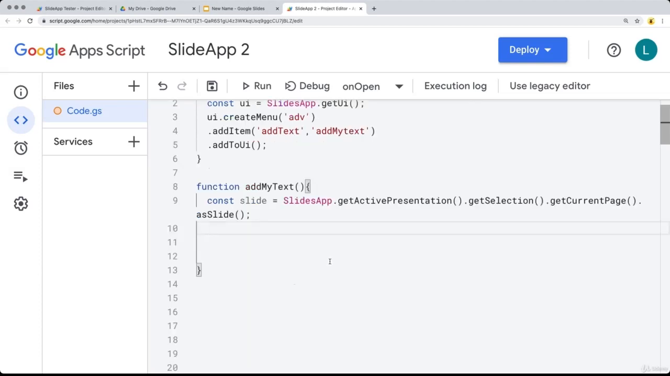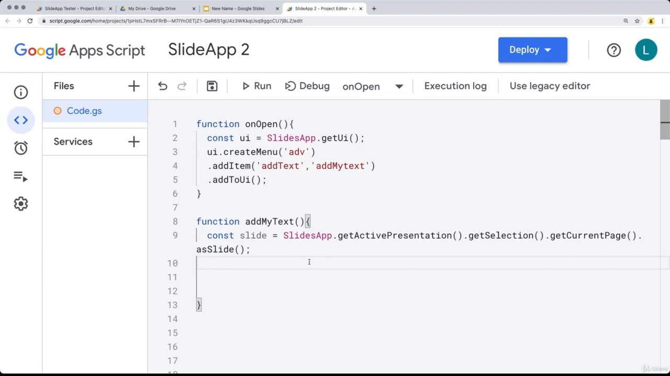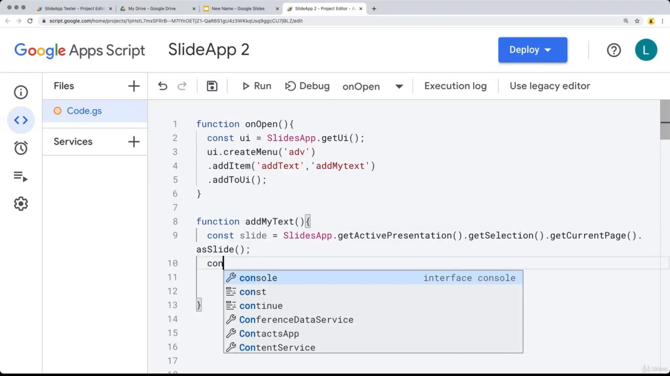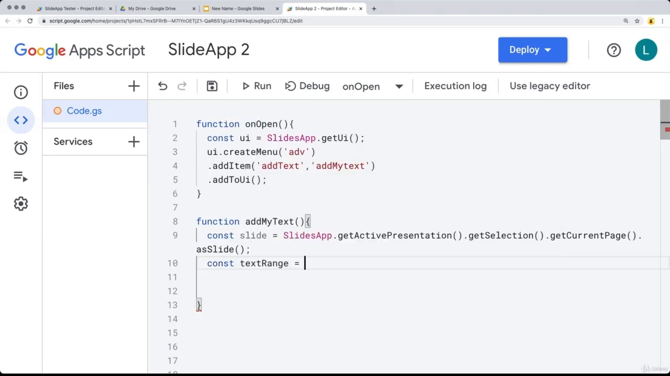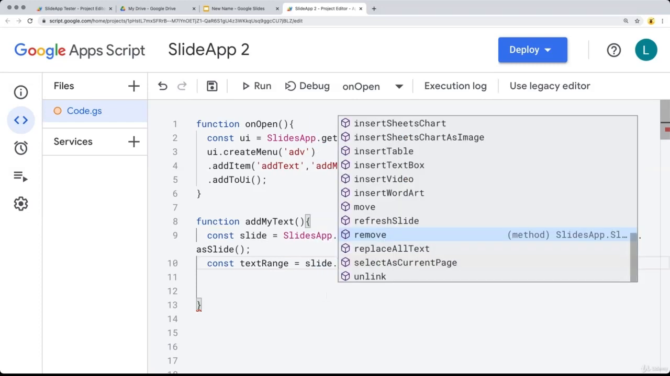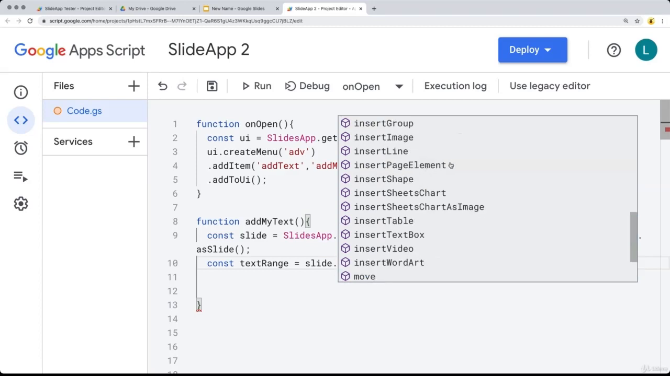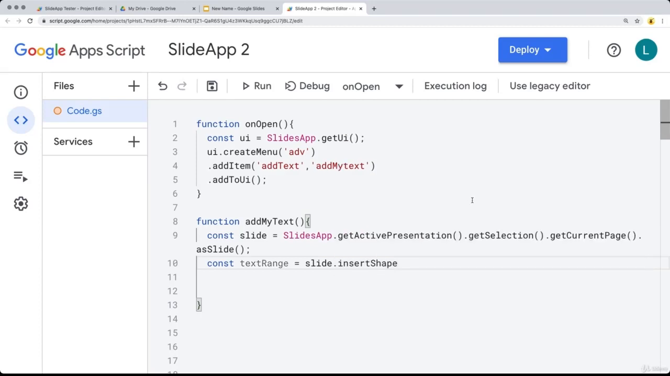And we saw earlier in our previous lesson that the texts are actually going to be shapes, and then you can get the text that's contained within the shape. So let's try that out, and we'll get the text range. So this is going to be a brand new text range that we're doing. So within the slide object, we can insert a text box, but we can also insert a shape. And then within the shape that we're inserting,